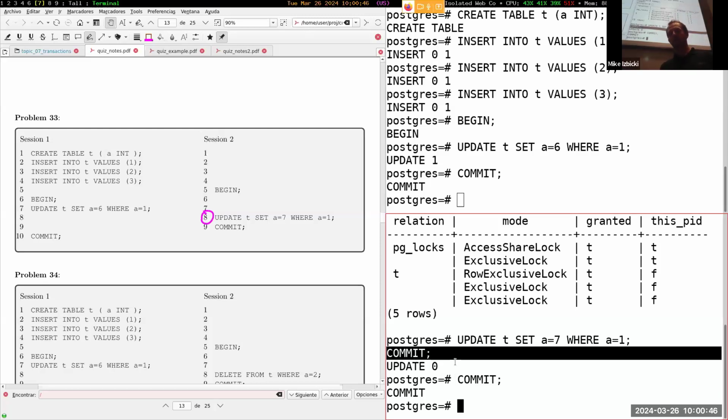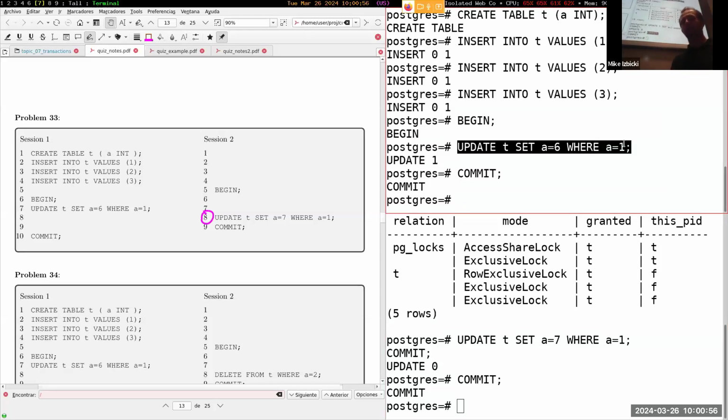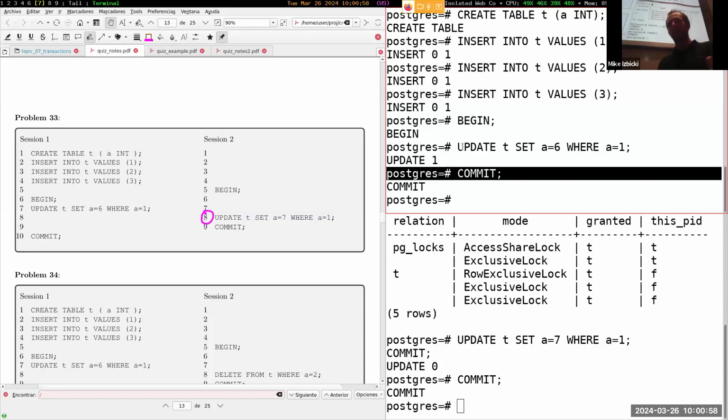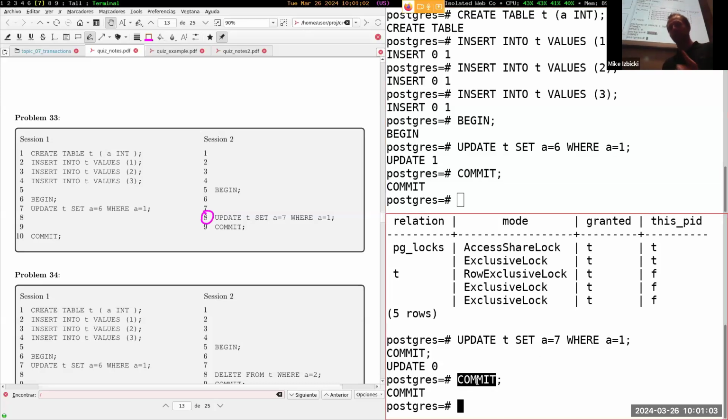Instead, this commit over here that I typed in previously caused that command to be queued up, waiting to run in the future. And so this was automatically run for me instantly when this command right here ran and released the lock created by this command up here. This command was instantly run for me, committing the results of this command, which happened in this case to be nothing. This problem is not explicitly asking for some sort of select